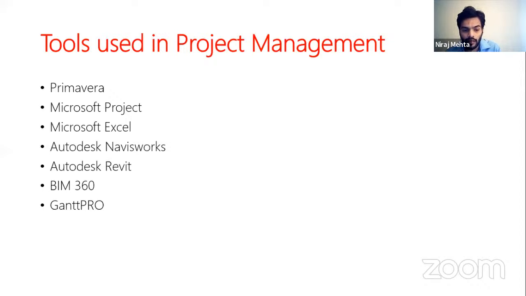Now for Navisworks, the input comes from Revit, where Revit is a 3D modeling tool where electrical, civil, structural, architecture, all of them would be preparing their own model, and all of these different models will go into Navisworks for clash detection, because it might so happen that during the structural analysis, some column sizes are increased, but these are not allowed from the architectural perspective.